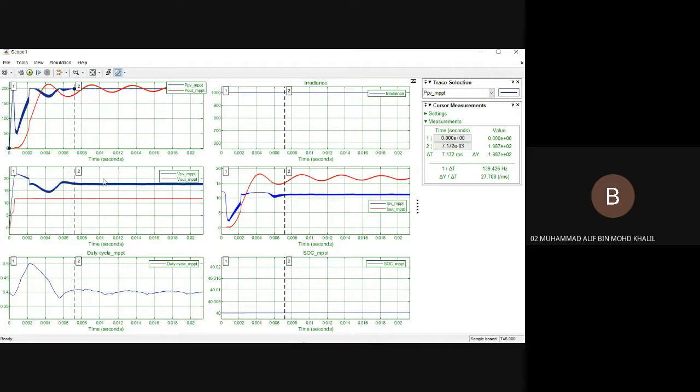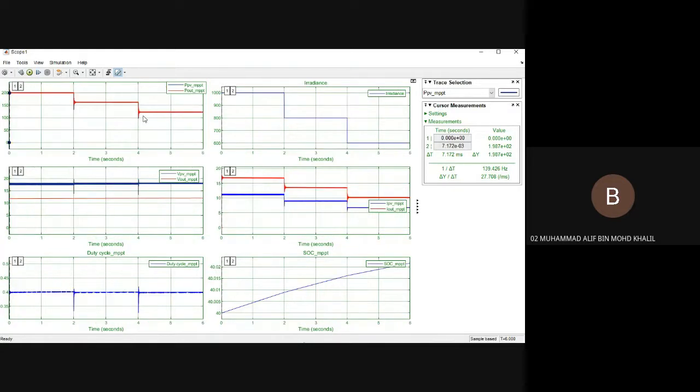So the settle time for the PV module is 7 millisecond, and for the out,